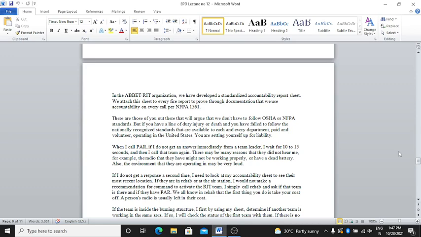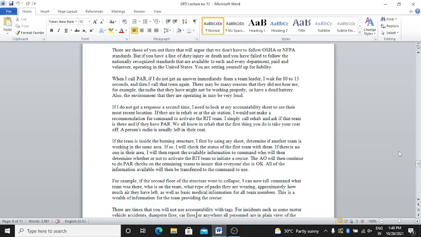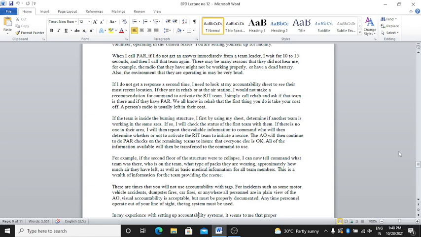I simply call rehab and ask if that team is there, and if they have their radio. We all know in rehab that the first thing you do is take your coat off. A portable radio is usually left in their coat, right? If the team is inside the structure, I should first determine if